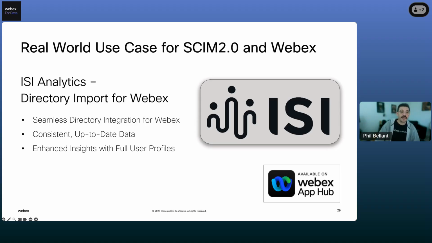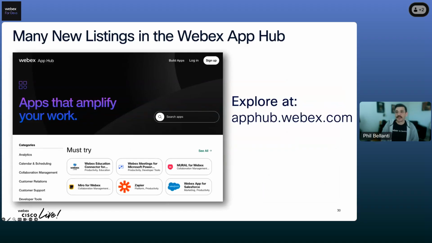And you can check those out in the Webex App Hub. But since we're on that topic, there's a bunch of new listings and updates over the past year, right inside of the Webex App Hub, apphub.webex.com. For those who aren't familiar with the Webex App Hub, this is where you can find a lot of pre-built Webex integrations. From a developer's perspective, this is where they share their integrations and bots with the rest of